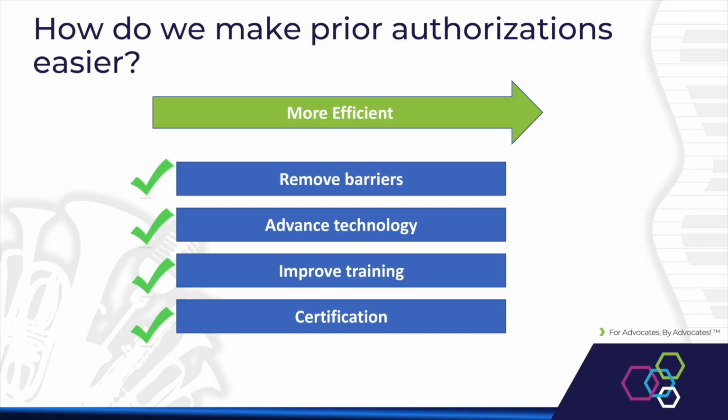So how can we make prior authorizations more efficient? Prior authorizations aren't going anywhere anytime soon. So how can we improve this process? Right, removing a few of those barriers that we've talked about, we can advance technology, right? Technology, including AI. AI itself is being introduced into healthcare like nobody's business. On the payer side, they are now introducing AI to be that front line to try and make the decision-making process even faster by comparing what was submitted by the physician to that criteria for coverage immediately.